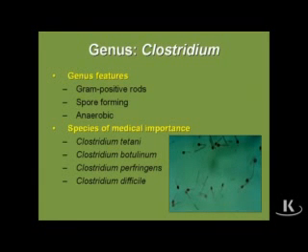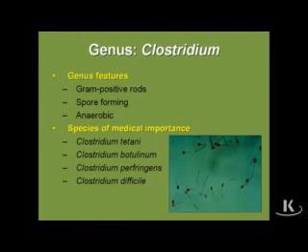The next genus we're going to talk about is Clostridium. And all 4 of the organisms that you see listed here are all high yield for the boards. Okay, we have the 2 neurotoxins in Clostridium tetani and botulinum. For Clostridium perfringens, we have gas gangrene, and for Clostridium difficile, we have now one of the leading nosocomial infections. So this is a very intense chapter with a lot of packed information that is highly testable on the USMLE